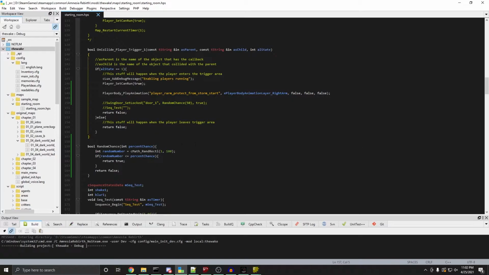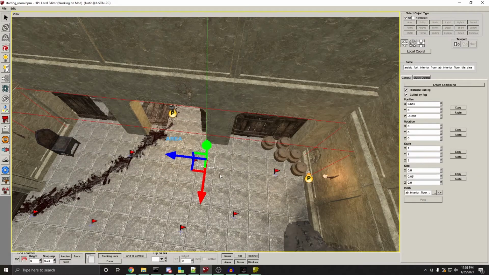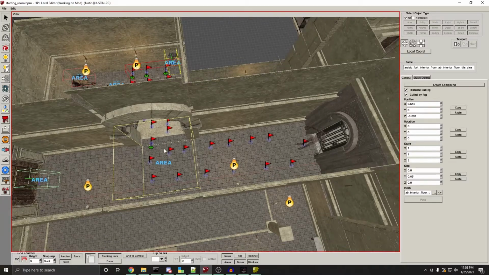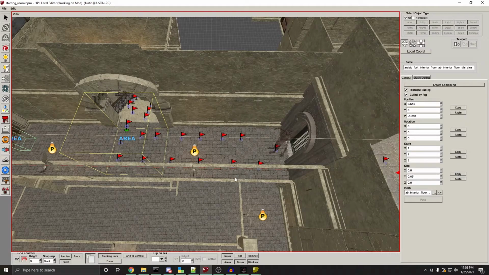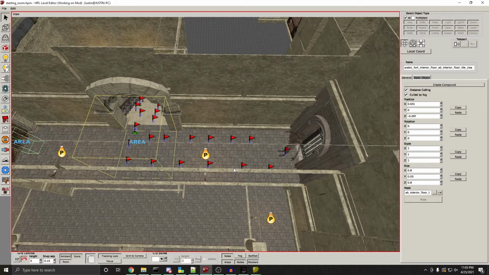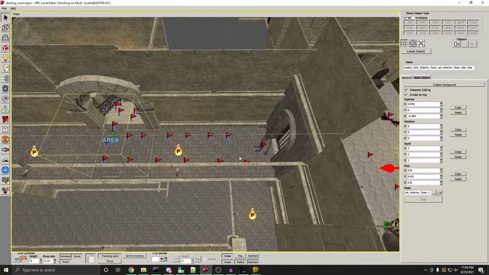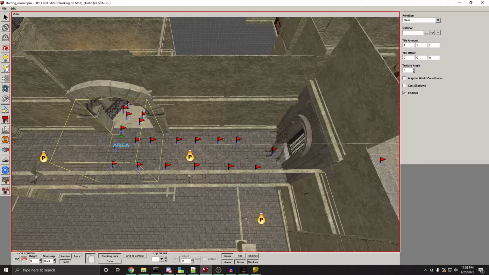So let's go ahead and open up our level editor here. And what we're going to do now, we're going to put a trigger area in this hallway here. What I'm thinking of doing is when the player enters this hallway, let's pretend like there's a whole bunch of smoke in the building or something like that, and the player's kind of covering their face from the smoke or something like that, or the flames. Let's say there's a bunch of flames around here or something. Actually, why don't we just throw some flames in here just to make it a little bit